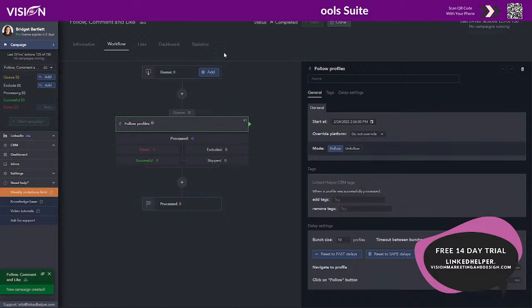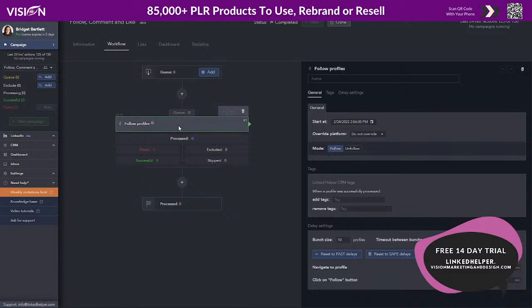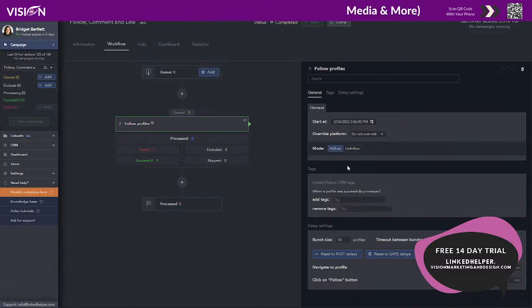Okay, so what I've done is I've created a campaign. And what we're going to do is follow the profile, and then we're going to set this to not only go to their profile and follow them, but we can also set it to like one of their posts and then also to comment. So right here, it says, here is the first step. Imagine this kind of like our workflows that we have in Vision, or maybe like an email sequence or something like that.